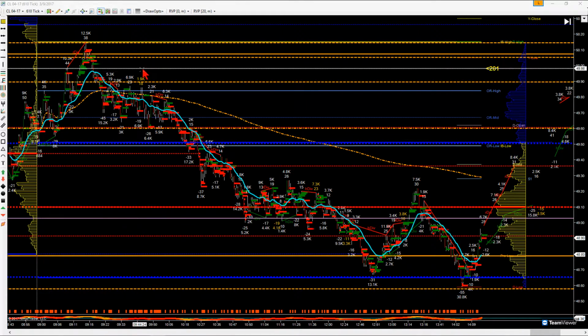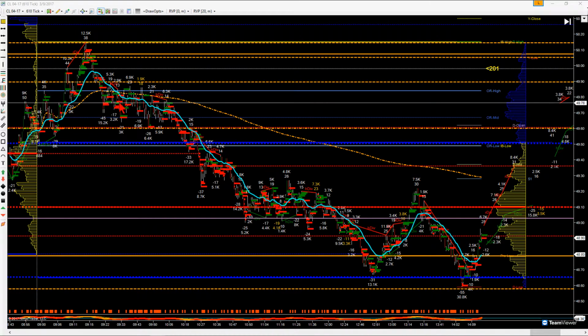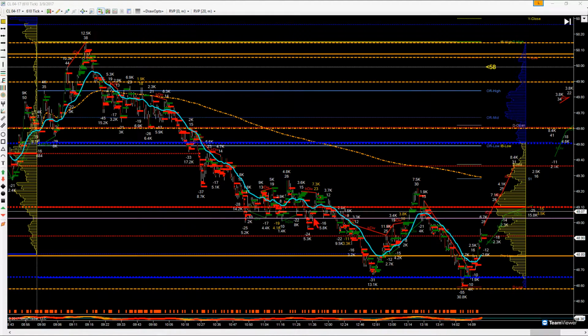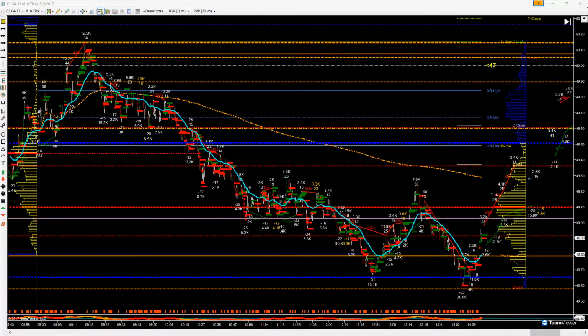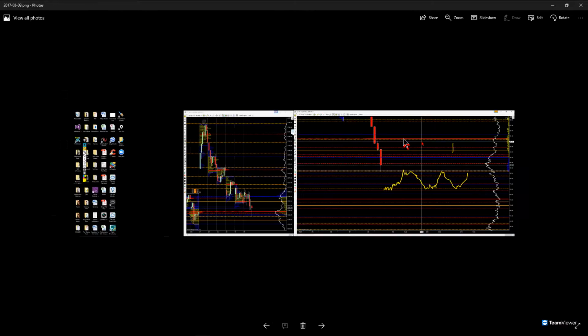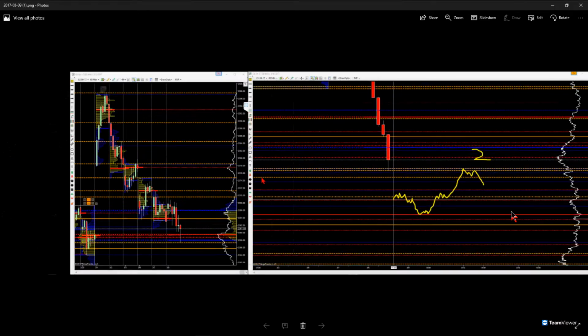We did okay. I did ultimately get a short here, a little bit late to the party, but I did get a short here, and I was able to ride that down. So that was okay. Now, I did not ride it down all the way down here. Again, I wasn't in front of the screen at that point, so I just kind of put a profit target, not to be greedy, and to close out that trade. Okay, so now, second